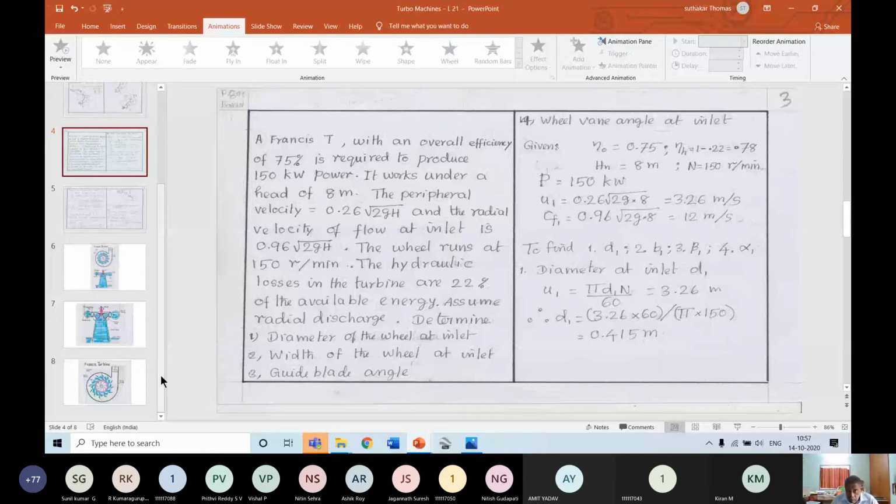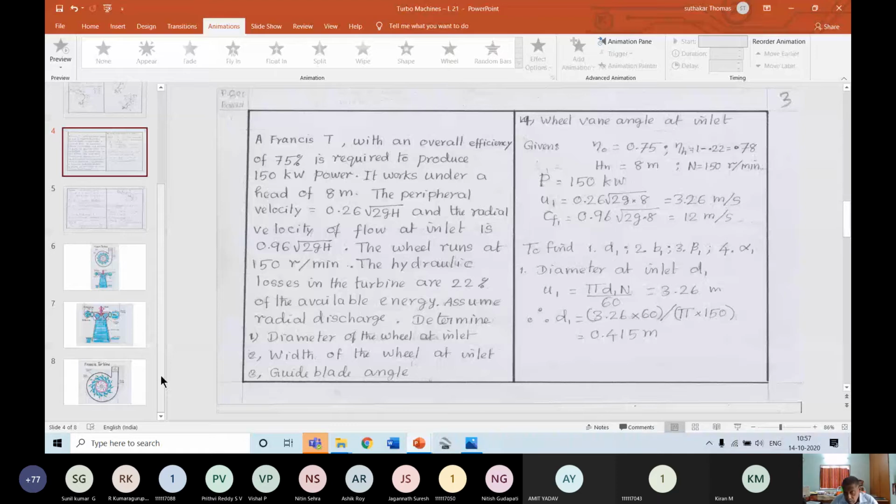The next one is the shape number. So based on dimensional analysis, we got the shape number first, and then that was slightly modified to get the specific speed. So the power shape number will have the equation N root of (P/rho) divided by (gH)^(5/4). So that is the equation.